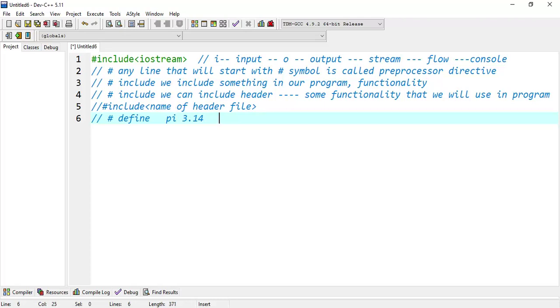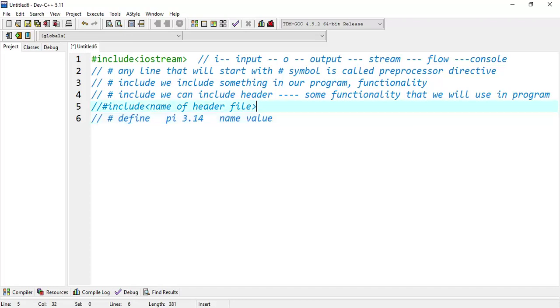So for the purpose of defining something that has a name and value, we will use the name in our logic and this value will be replaced by this name. You will understand when we use the #define preprocessor directive in our program.